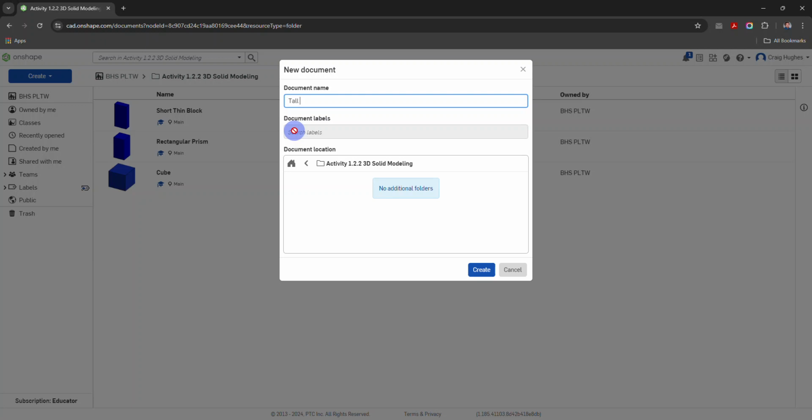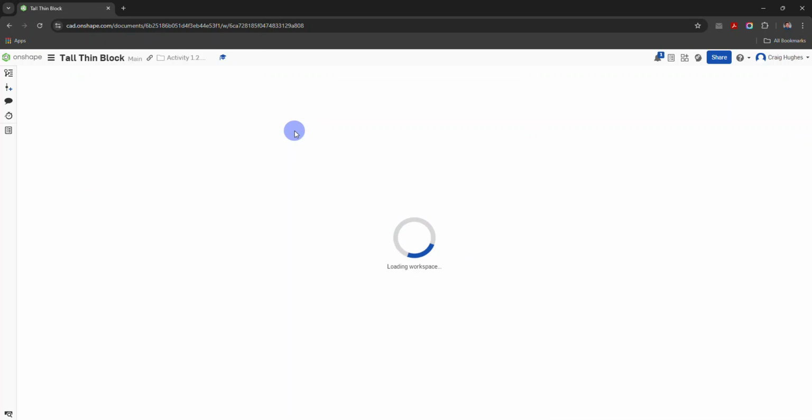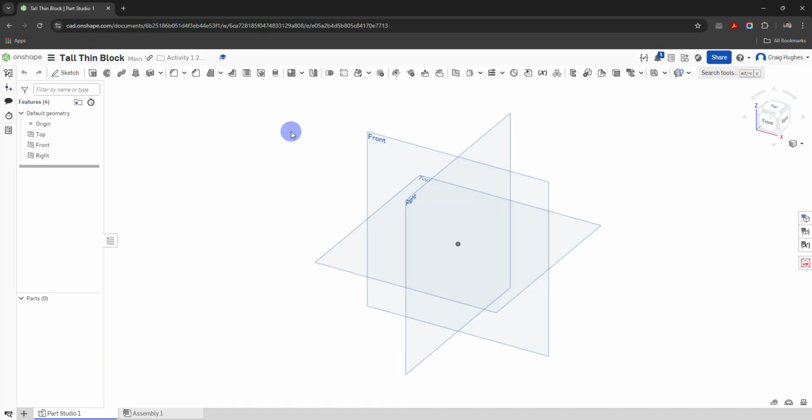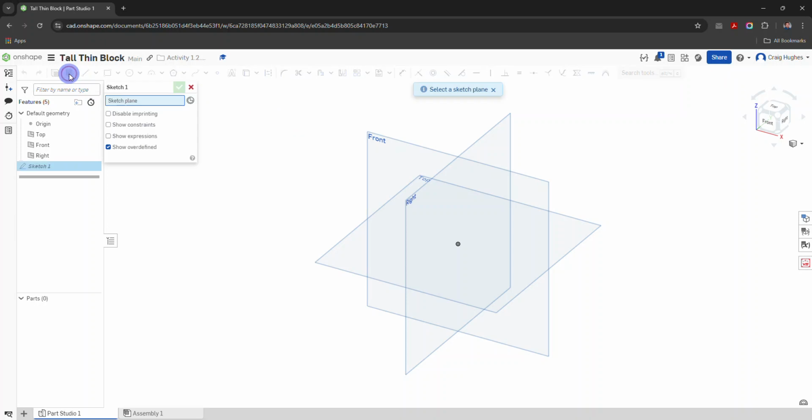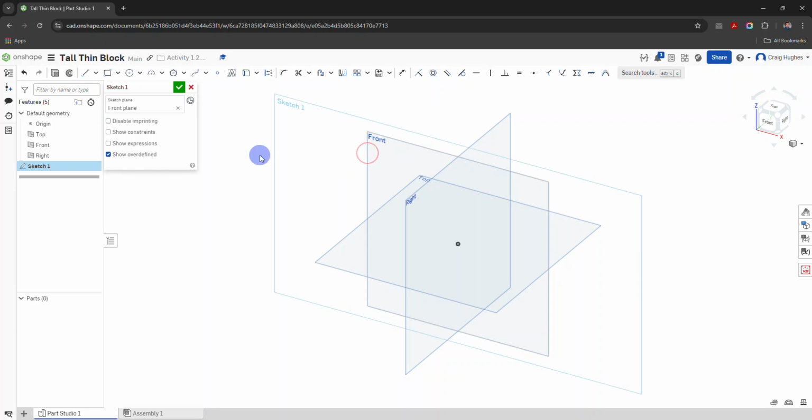We will call this the tall thin block and select enter on the keyboard. This will load us into the workspace. I'm able to then select on sketch and then select a work plane to work off of. So I'm going to select the front plane and then go ahead and select the N key on the keyboard